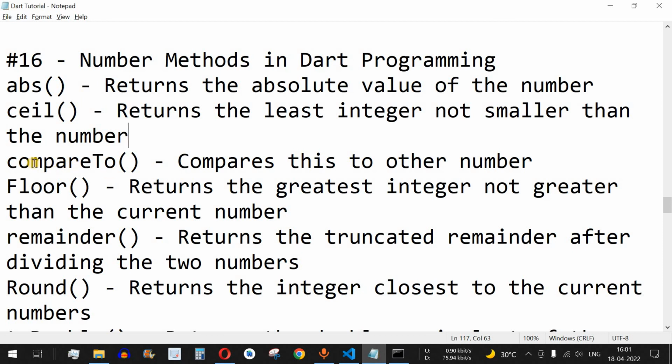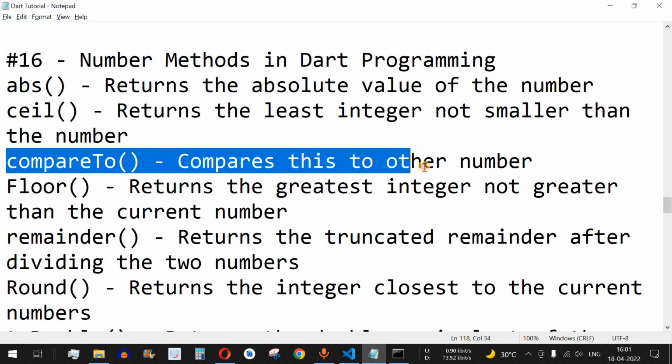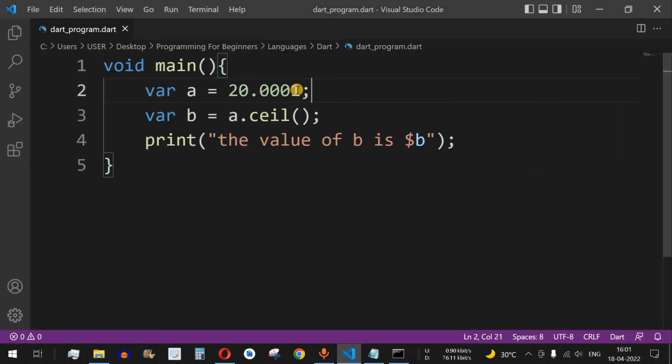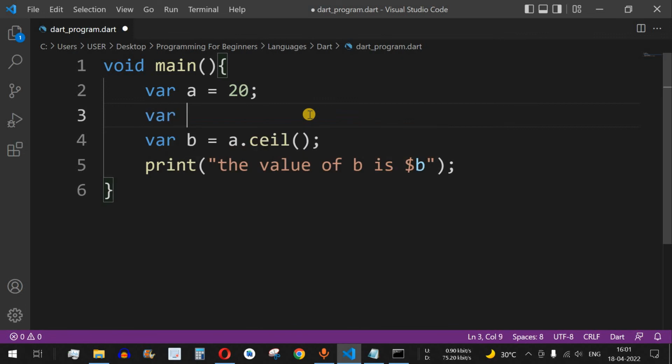Let us move to another method, compareTo, which compares this to the other number. So guys, let us take another variable over here. Let's say we have a variable a which is 20, and a variable c which is equal to 21. What we will do is use the a dot compareTo method, and inside the brackets we are supposed to provide another variable or an integer against which we want to compare this integer.